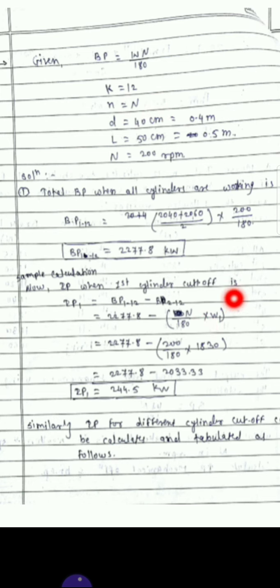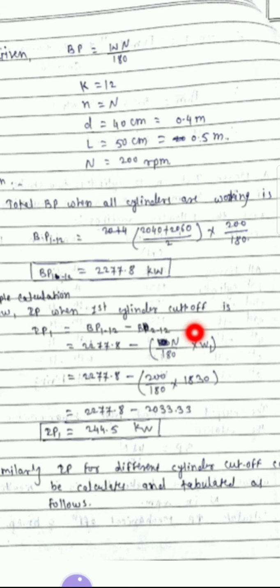We have to use this formula, but we have to consider the weight which was given here for the first cylinder, 1830. So we have to put those values here. So you will get this brake power when cylinder 1 is made inoperative, which will be the brake power when cylinders 2 to 12 are operative. So in this way we can find out the indicated power, similar to the last problem, IP1. Now we have to again find out the indicated power up to 12.